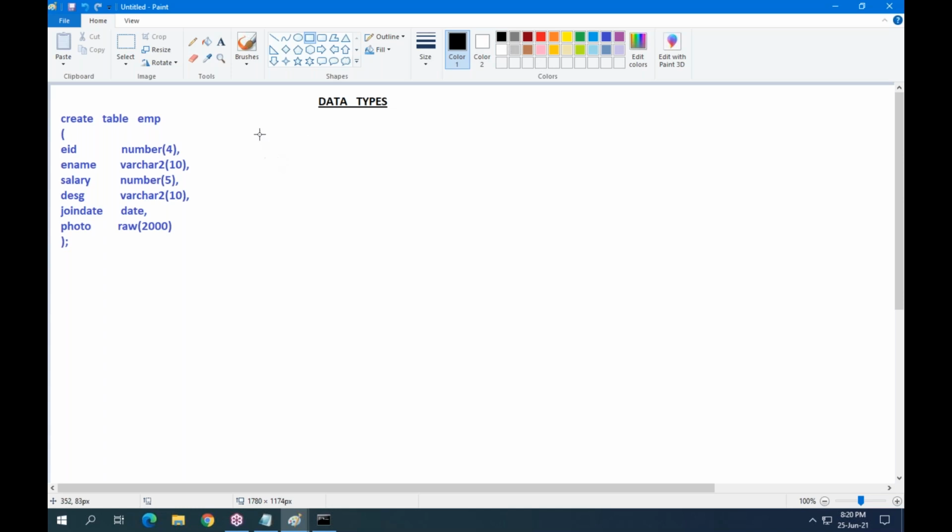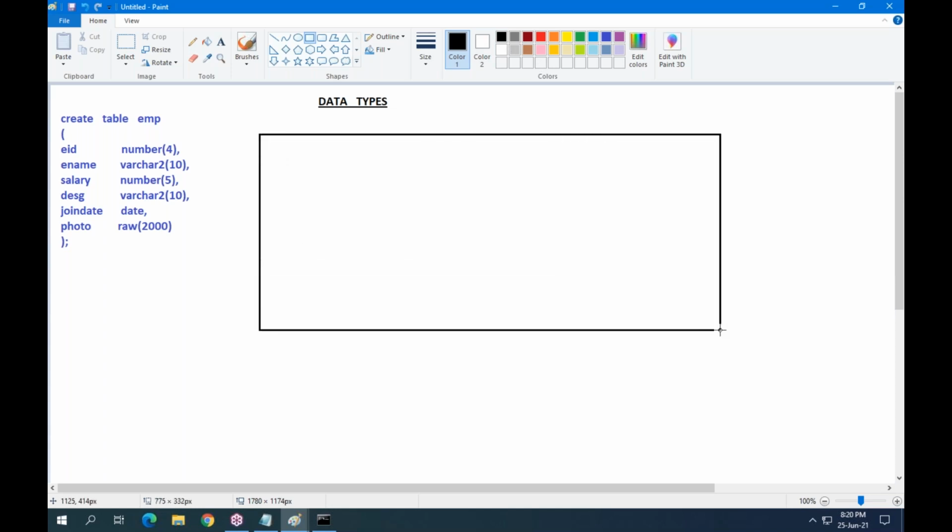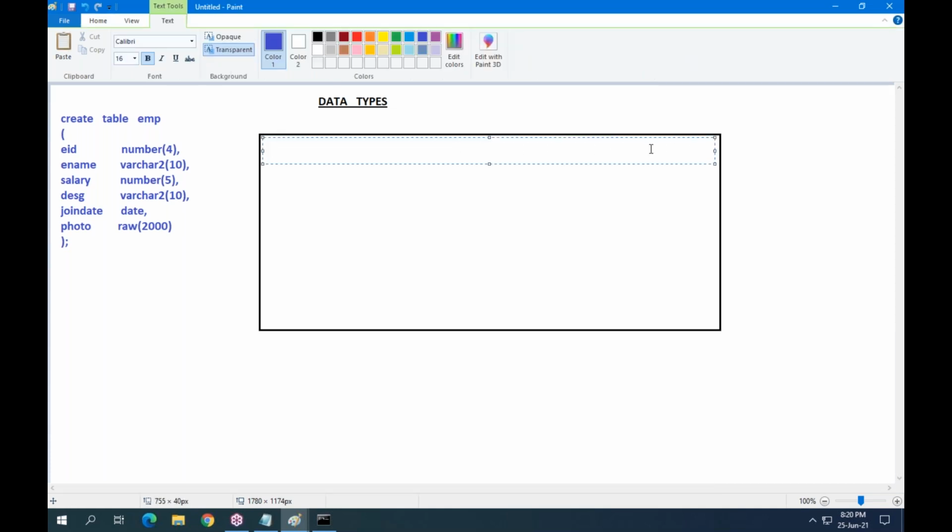Let me take a table. So this is your table. What are the columns? Let me write the columns here: EID, ENAME, salary, designation, join date, and the last one, photo.